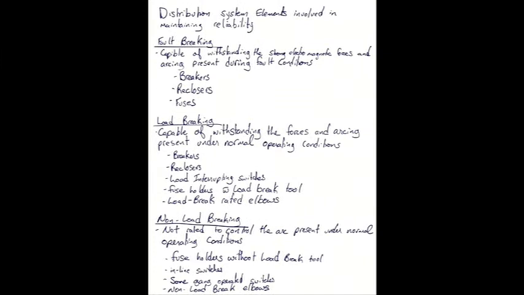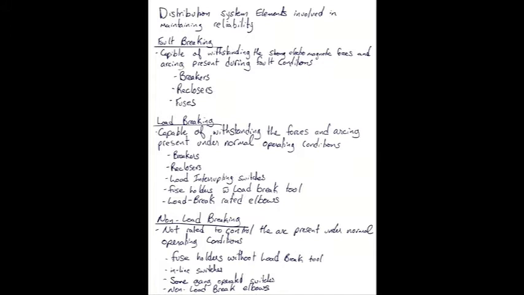So, we talked a little bit about how you maintain your availability. I wanted to talk a little bit more about the elements physically present in our distribution system involved in maintaining reliability. And so we talked about how anytime you have a switch and you're going to open that switch up, there's always going to be an arc involved.